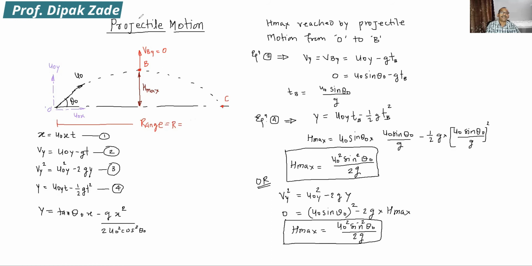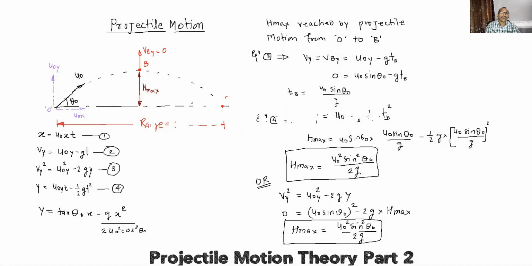It is basically the X distance. So this one is the range. Range means horizontal distance traveled by the projectile during motion. Time of flight means total time required to reach the final position. Now, if we apply the equation from point O to point C, as O and C are both on the same horizontal line, therefore here the y term becomes 0.